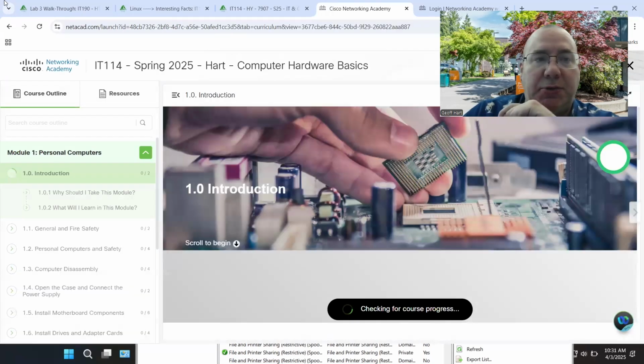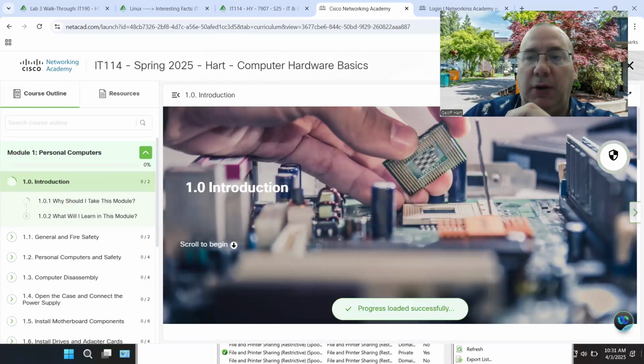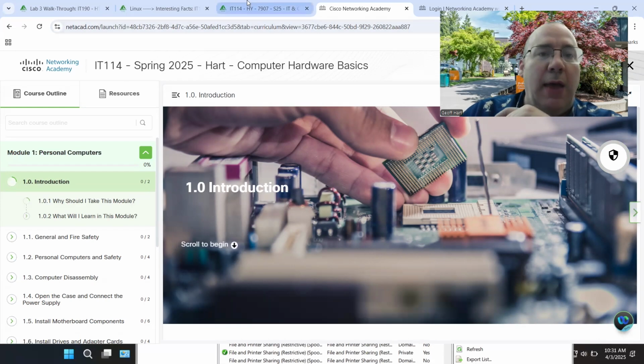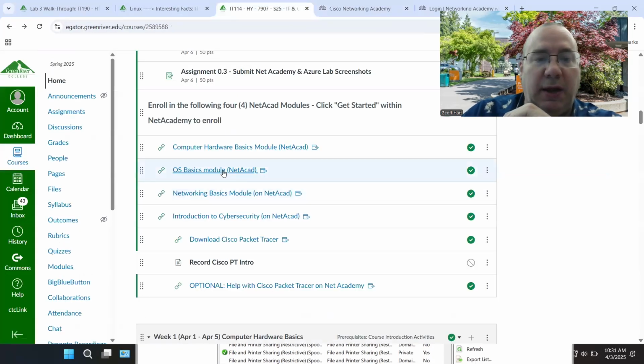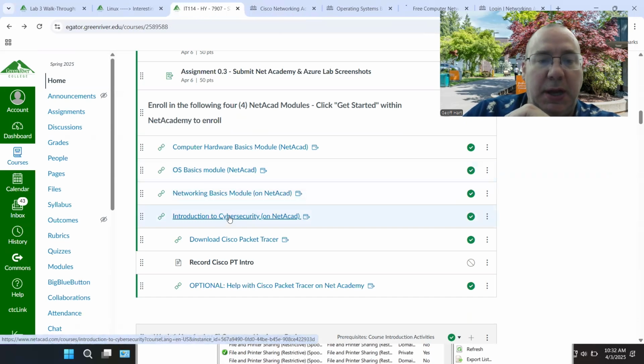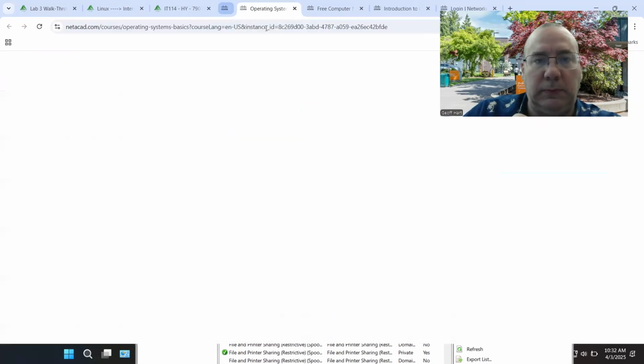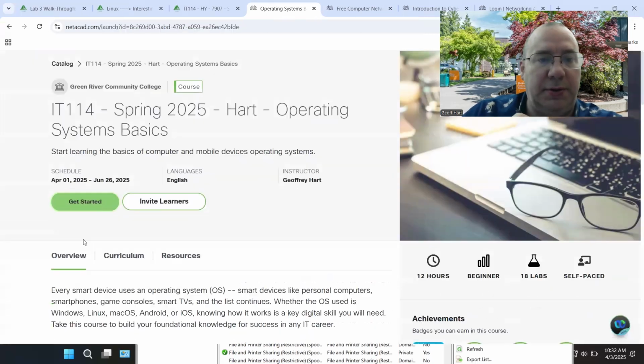So you will take a screenshot of this for your assignment this week, one of your introduction assignments, and then you'll do a very similar thing for OS basics, networking basics, and introduction to cybersecurity. So we'll click Get Started.